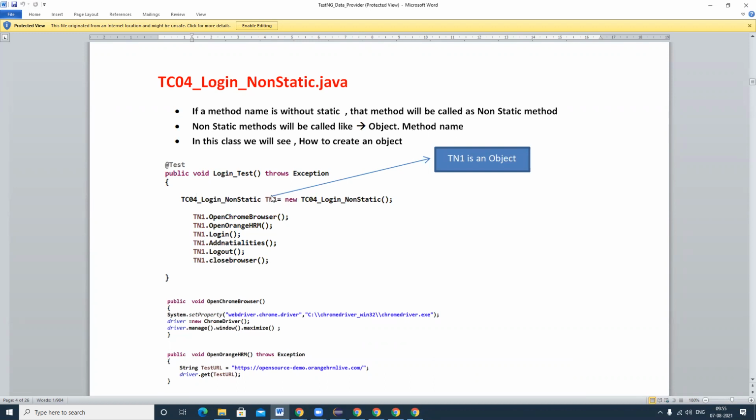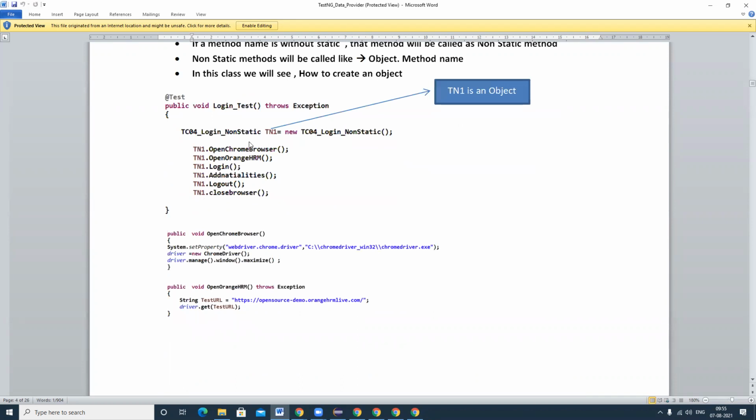So here I'm calling them as object.method names, the main methods I developed. Understood? Whenever these lines of code execute, the control will go back to that method and execute a set of driver instructions. After that the second method, after that the third method. The control will automatically go to that method.